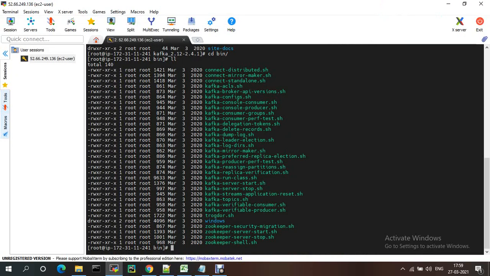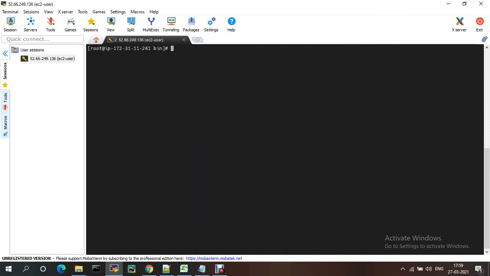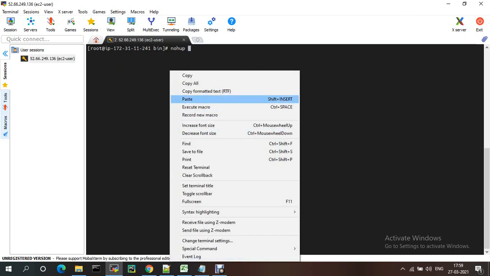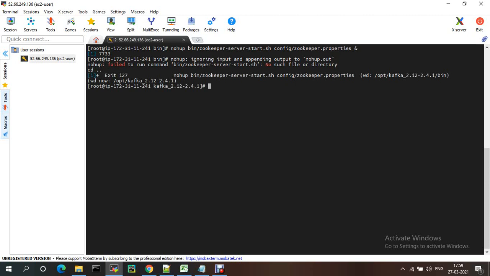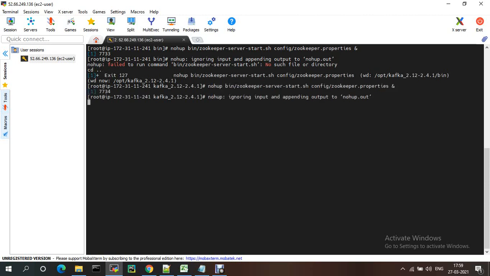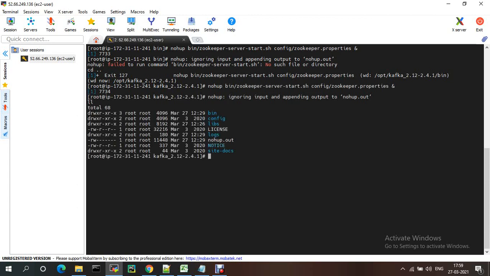I am running this in the background, and this is the command to run it in the background with nohup. It should be running in the background. See, nohup, this one is running.